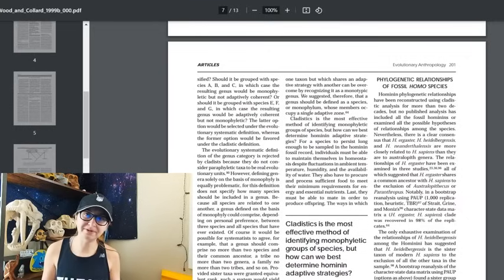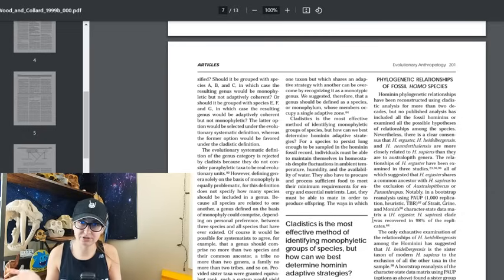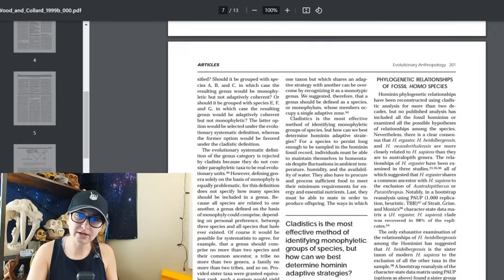And to that point, chimpanzees technically use stone tools, so should they be in genus Homo, a la Louis Leakey's famous quote? But then Wood and Collard go on to talk about, okay, if those criteria can't actually determine what should be in genus Homo, how should we actually do it? And in the next section, you can sum it up with this section in bold here and what